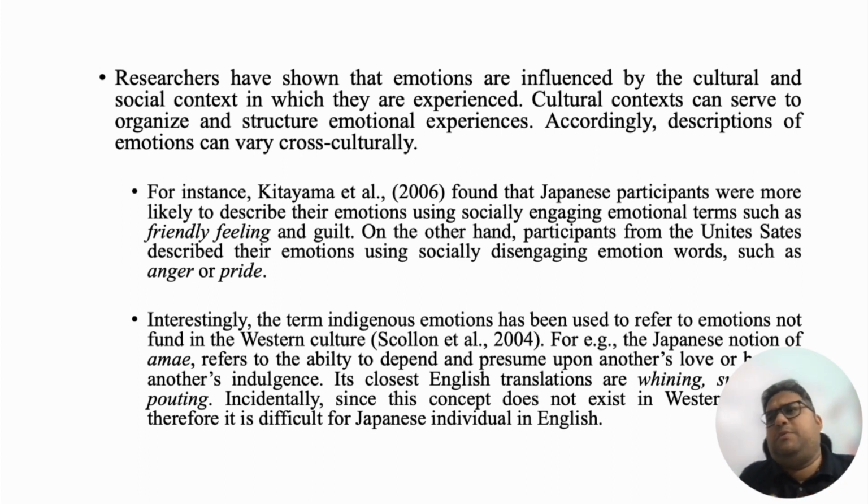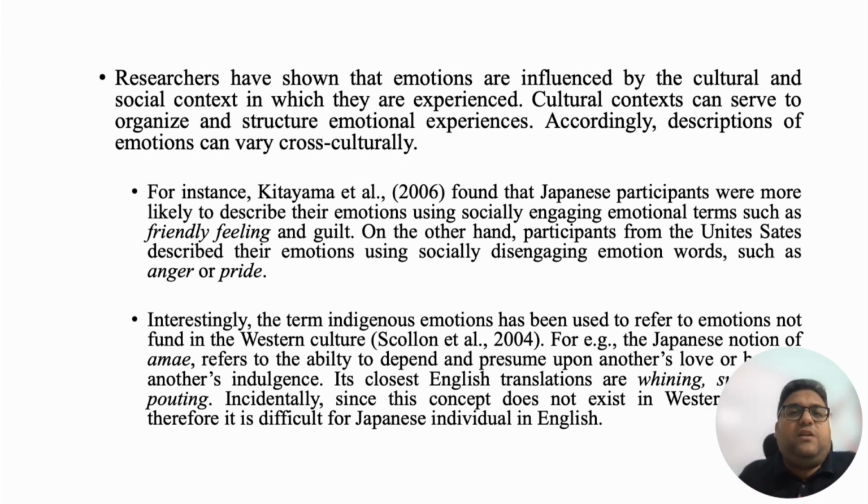You could take examples from Urdu, Hindi, Malayalam, Tamil, Sanskrit, and so on. But for example, one of the examples used in Bhatia and Ritchie's book that I'm referring to for this chapter mentions the Japanese notion of amai. Now, amai basically refers to the ability to depend and presume upon others' love and basically bask in others'